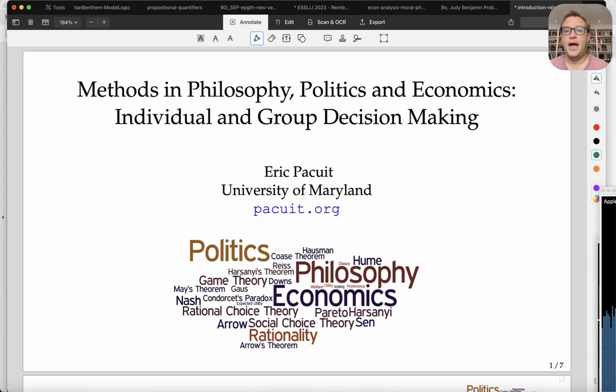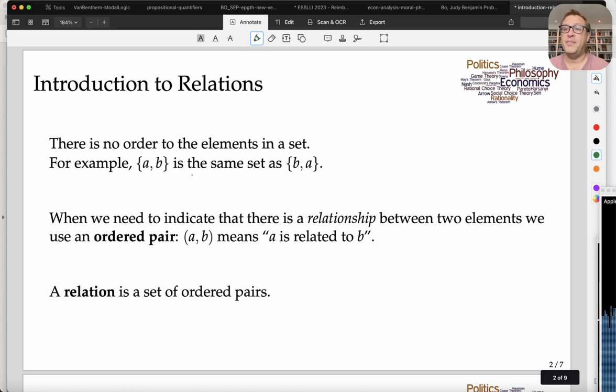In this video, I'd like to introduce the idea of a relation. So let's start by talking about sets. A key fact about a set is that there is no order to the elements of a set. For example, consider this set here consisting of two elements A and B. Now notice that set is exactly the same set as what's depicted here, in which we write it as B, A. Both of these descriptions of the set indicate the exact same set, namely a set consisting of two elements,